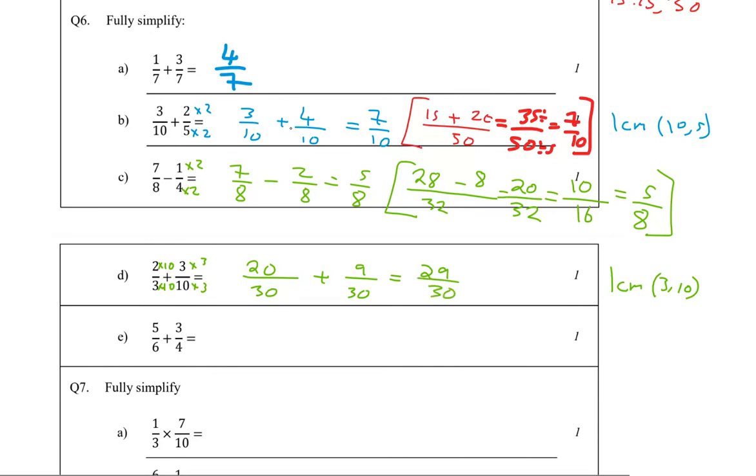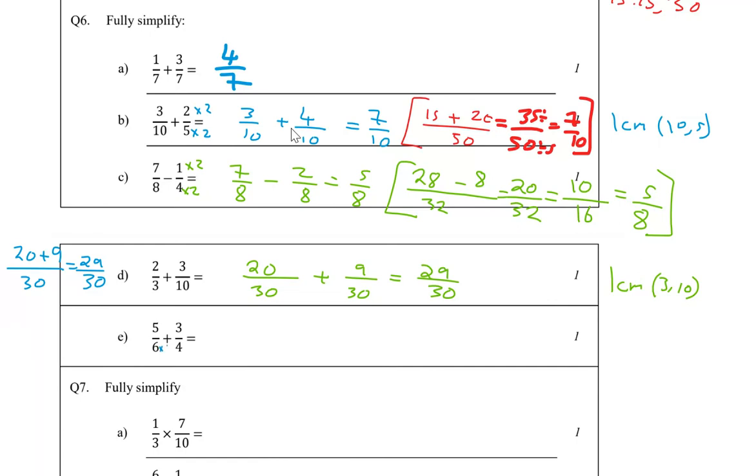If we are really unsure about using the lowest common multiple method, we can do cross multiplication. 20 plus 9 all over 30, 29 over 30. The lowest common multiple of 4 and 6, we look at the multiples of 4 and 6,